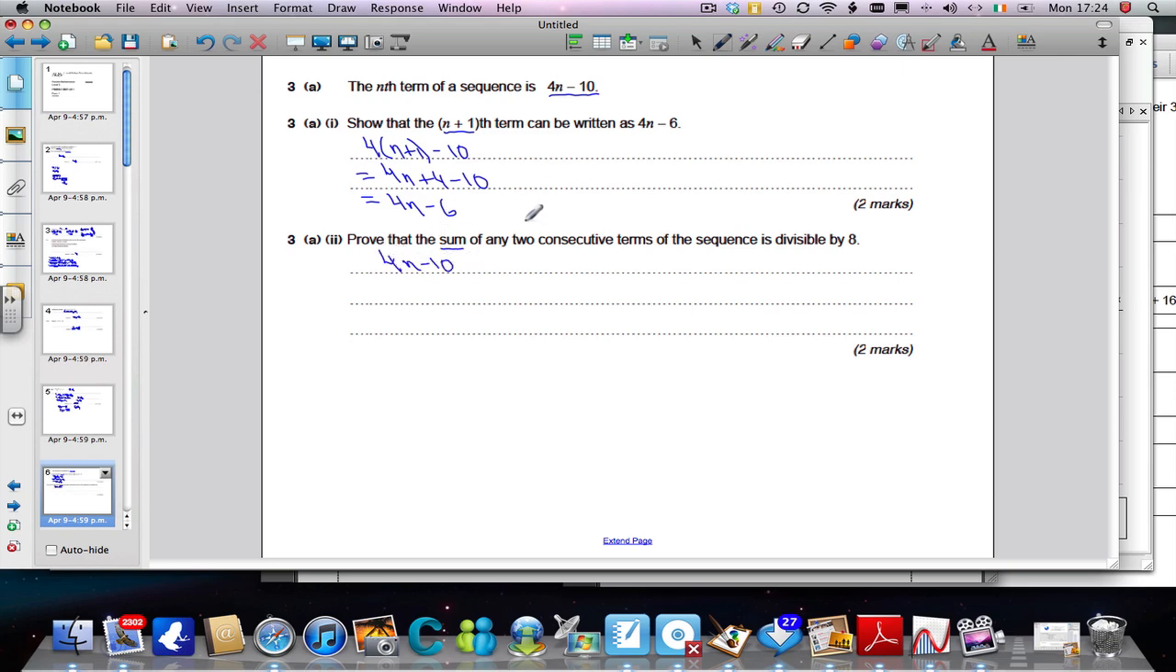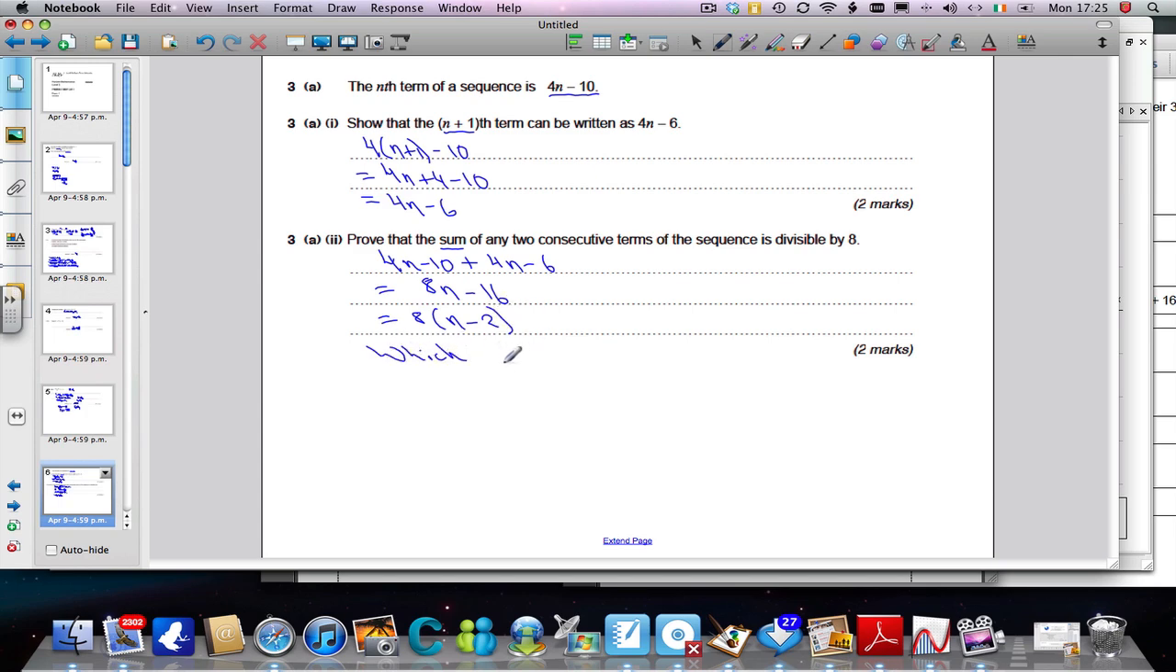The next one in the sequence is 4n minus 6, because we've tidied this up already. The sum, so if I add them together, we get 8n minus 16. Is that divisible by 8? Well, absolutely, because I can factor out the 8. Factorizing out the 8, we get 8 into n minus 2,